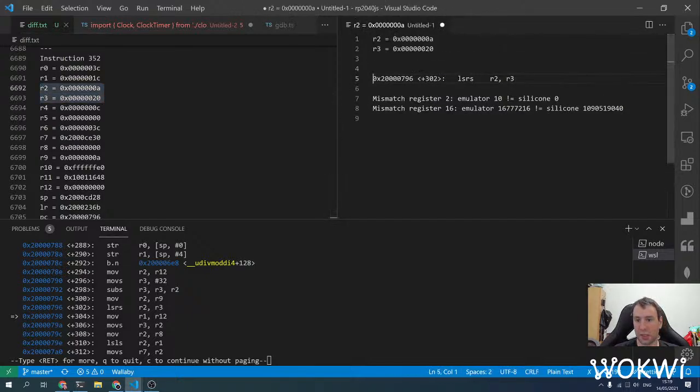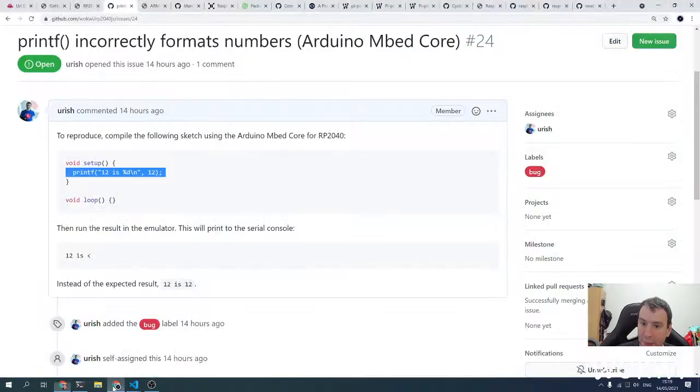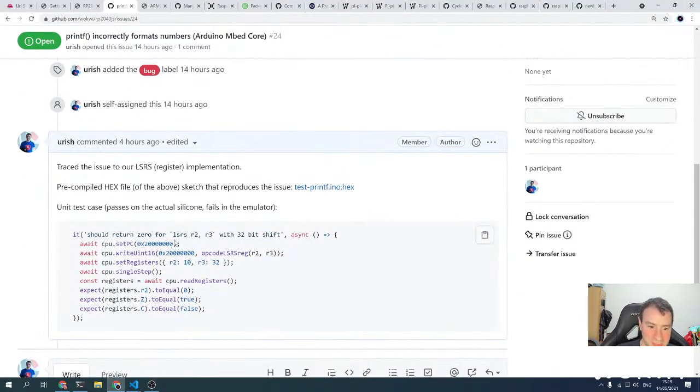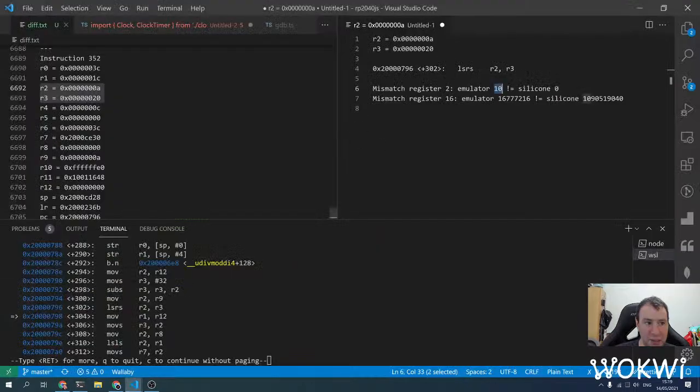So we see that R2 was 10 and R3 was 0x20, which is 32. Shifting by 32 bits in the silicon returns 0, so it clears the result. And in the emulator, it returns 10, which is A, so it doesn't change the input. And luckily, to save time, I have this test case, because as I told you, I already found it when